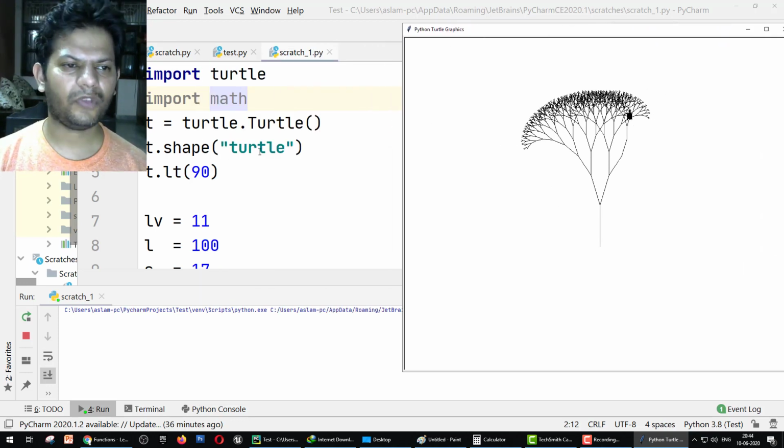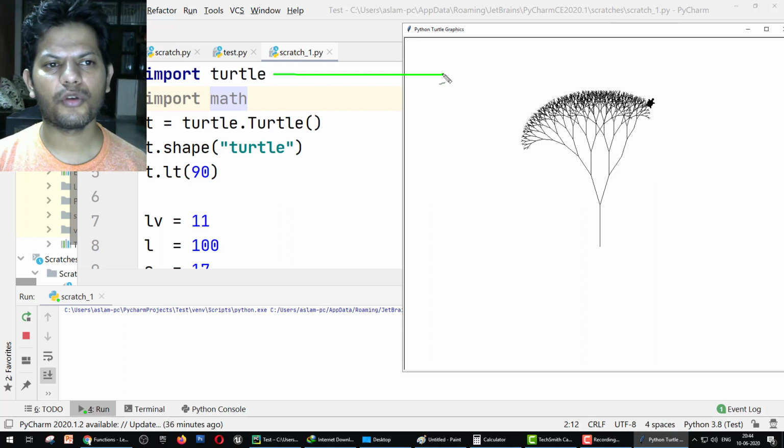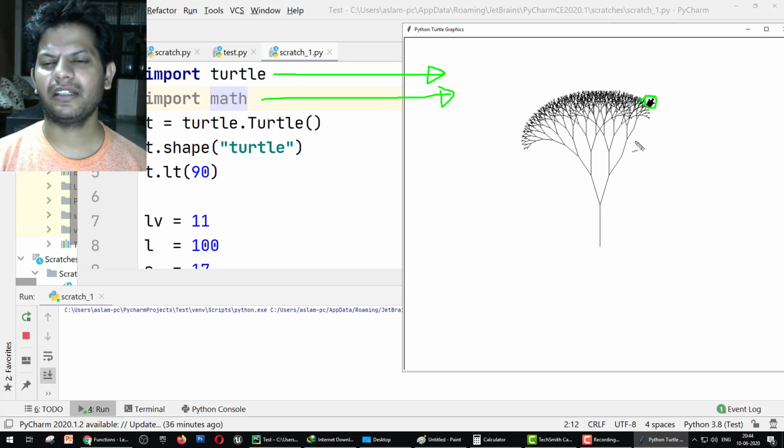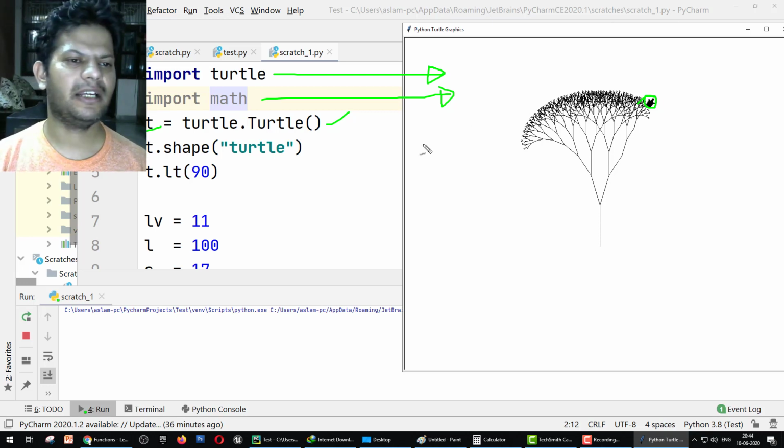Let's start. Okay, this is the programming of this factorial tree. So first of all, we import two modules, Turtle and Math. We use mathematics and we use graphics, so that's why we import two modules. After that, we define our Turtle. Turtle means this pen. We use this pen to draw, and we assign a name to this pen, T, by this line. Okay, after this we define the shape of the nib of my pen. Its shape is turtle, that's why t.shape is turtle. That's why our pen nib is shaped like a turtle.